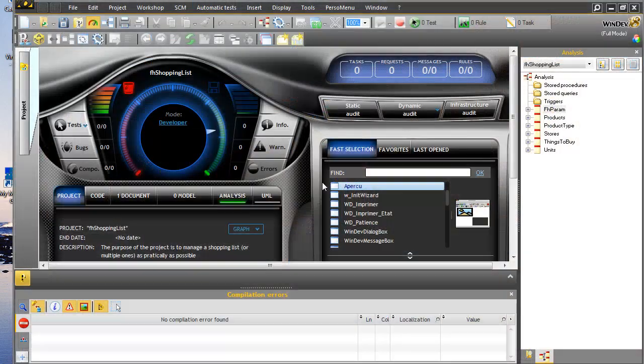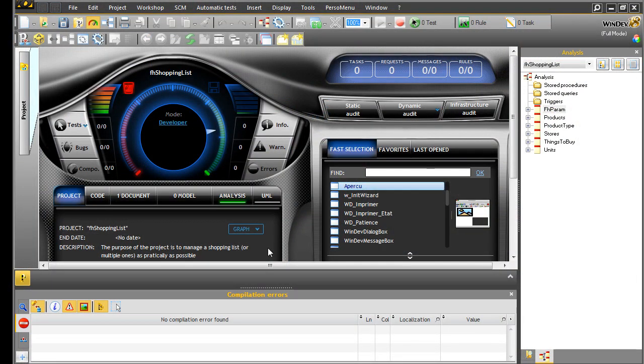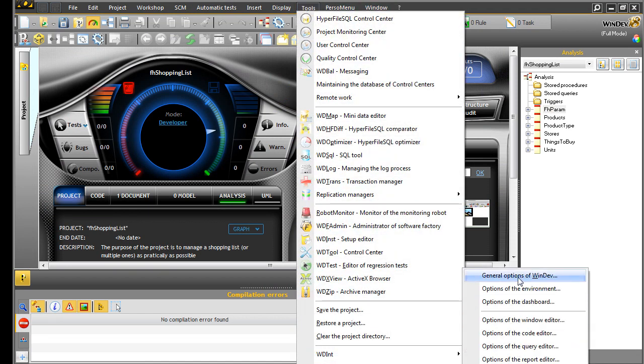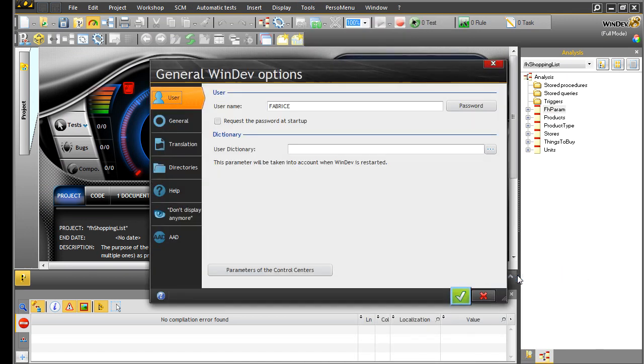My preference is to use the local, not the online version of the help, because I find it much more searchable. Now, it's possible that you don't even know that there are 2 different versions of the help. Let's have a look here in WinDev. If you go in the tools, in the options, in the general options of WinDev, and you go on the help tab,